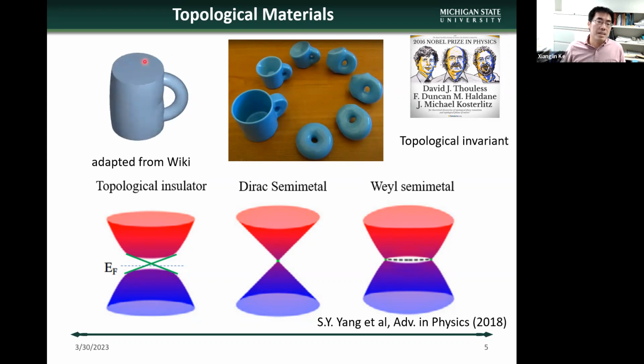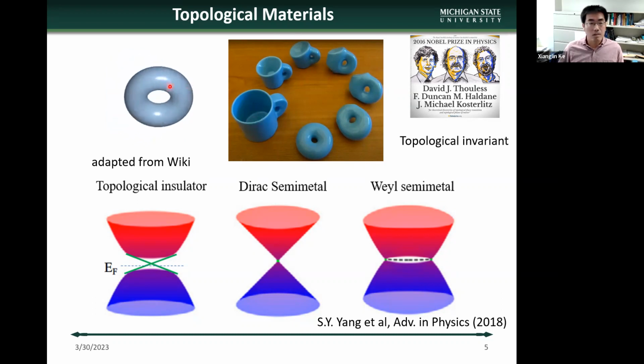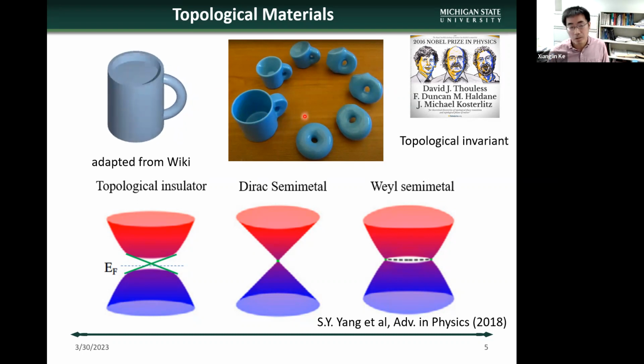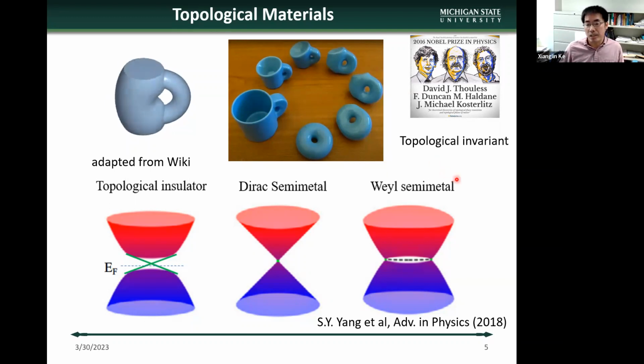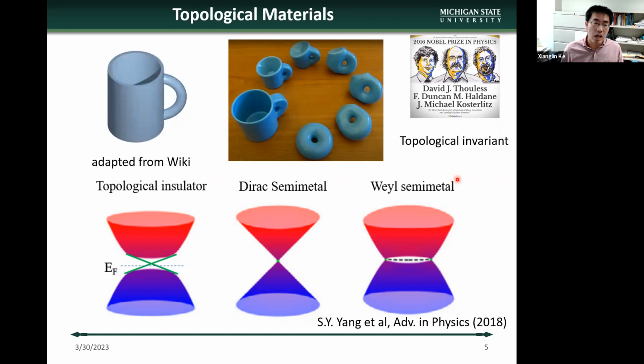So the very famous example is the continuous deformation of a coffee cup into a donut. During such a deformation process, there's one quantity which remains unchanged. That's the number of the hole in this case. This quantity is the so-called topological invariant. In condensed matter, a topological invariant is a number that does not change under the smooth deformation of the Hamiltonian,